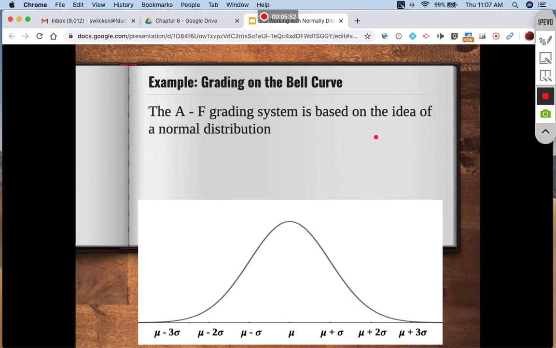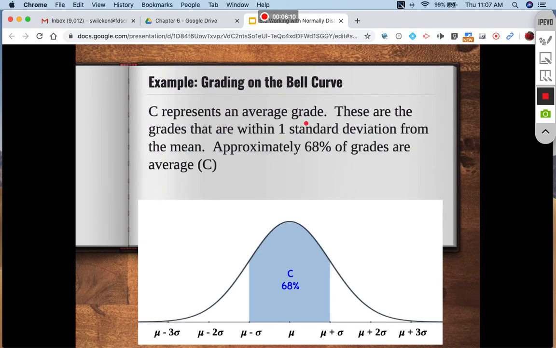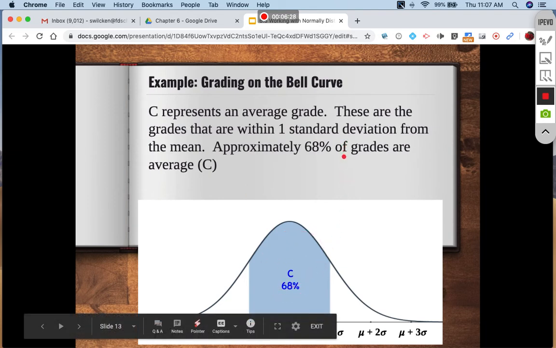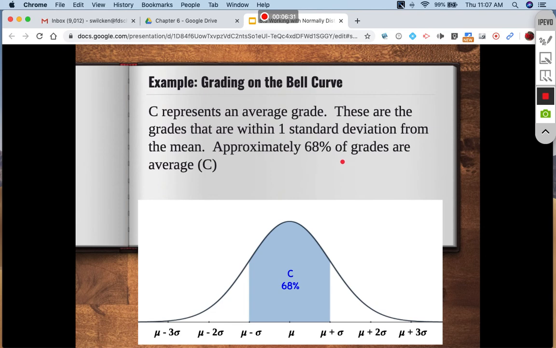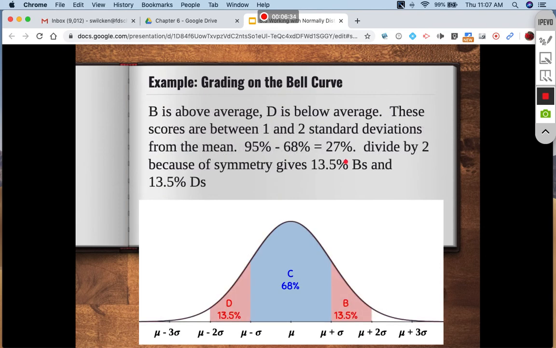the grading system we use, giving you an A, B, C, D, F, is based on a bell curve. They're saying if you have a normally distributed population, your grades should be normally distributed. In which case, your mean score, your average score, is a C, and within one standard deviation of that average score is going to be 68% of your grades, and that's where your C values should show up if you're grading on a curve. If you go one more standard deviation,